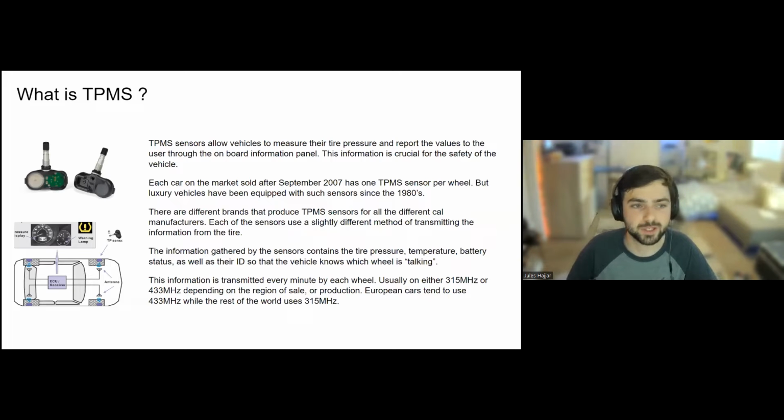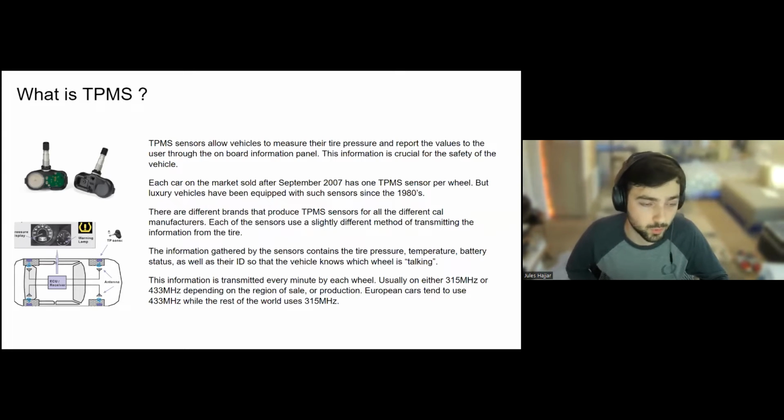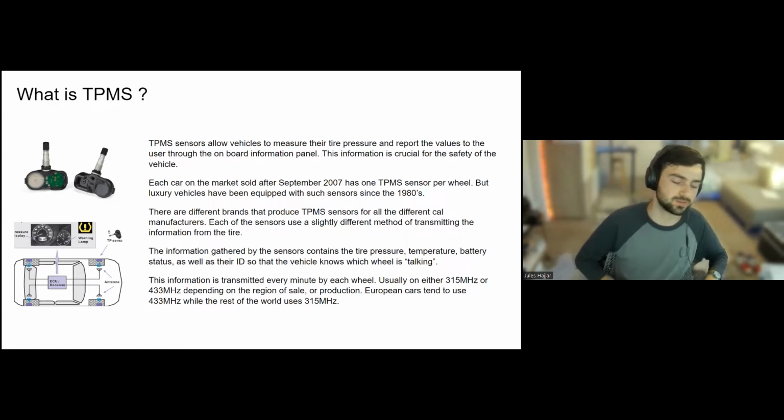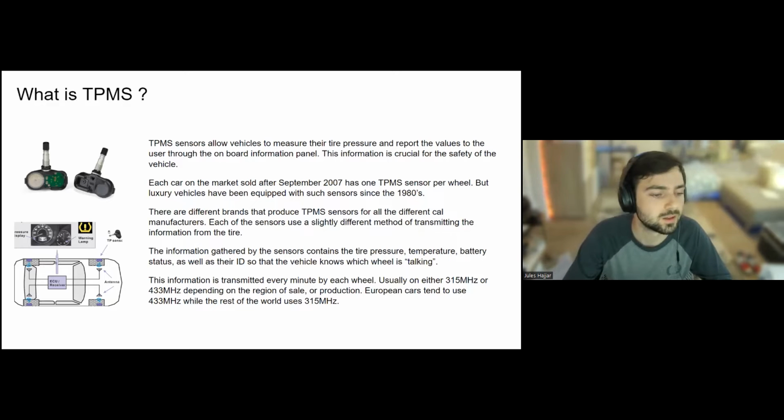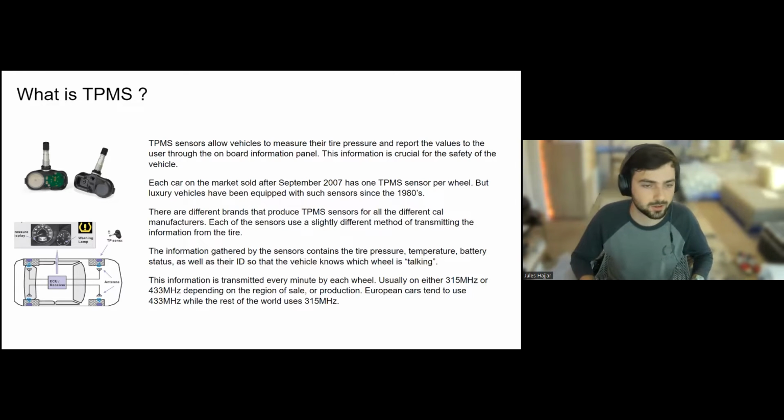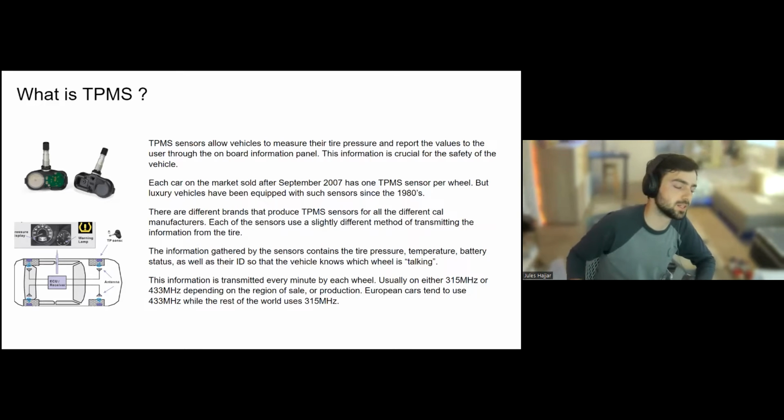First of all, TPMS stands for Tire Pressure Monitoring System, and it allows vehicles to know what the tire pressure of each tire is by reporting the value to the ECU and then displaying it to the driver, either on the dashboard or on the infotainment system. And it's crucial for safety because it's good to know your tire pressure. It's been enforced to be in each of any car since September 2007, but they've been around since the 1980s,